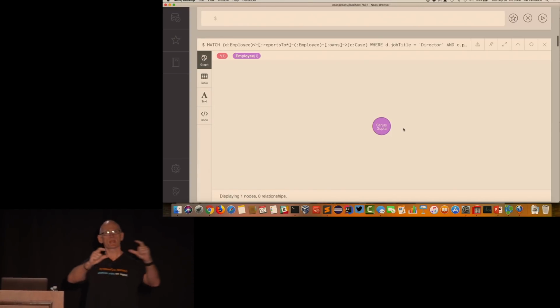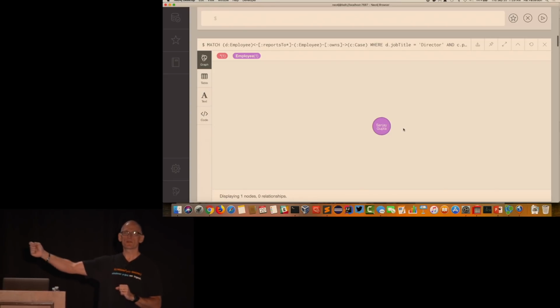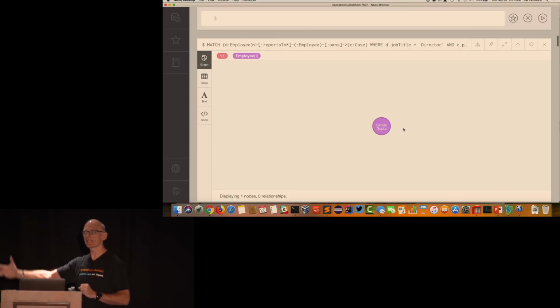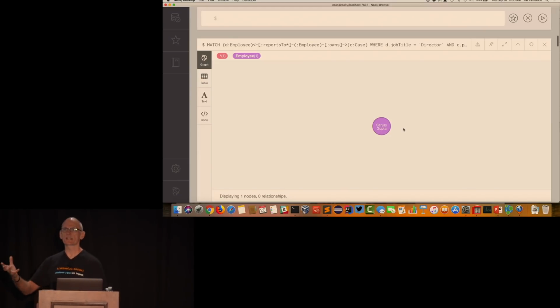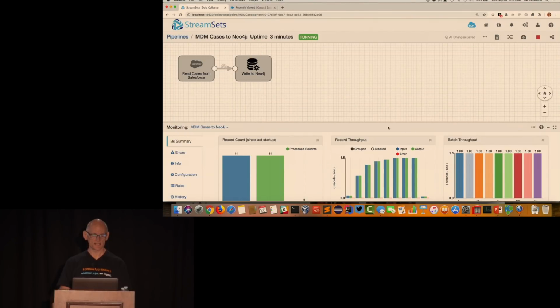Those changes are being picked up by a data pipeline and being written into Neo4j. So now we're not just running our analytics on a static data set. We're running on live changing data that is literally changing from one second to the next. Okay, so the last little bit of integration here is our